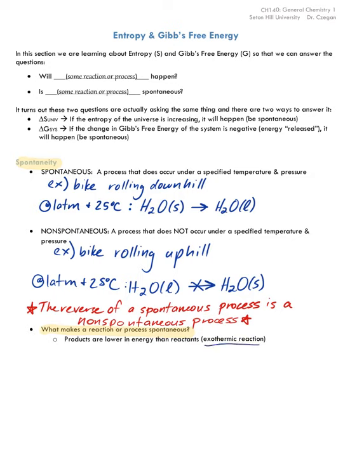The reason for that is that if we think about an energy graph, and I'm not going to put numbers in here, we're going to think about the energy of the reactants as being up here and the energy of the products as being down here. So if the reactants are higher in energy and the products are lower in energy, meaning that there is a negative delta E for the process, then the reaction is likely to be exothermic and likely to happen because it's releasing energy.